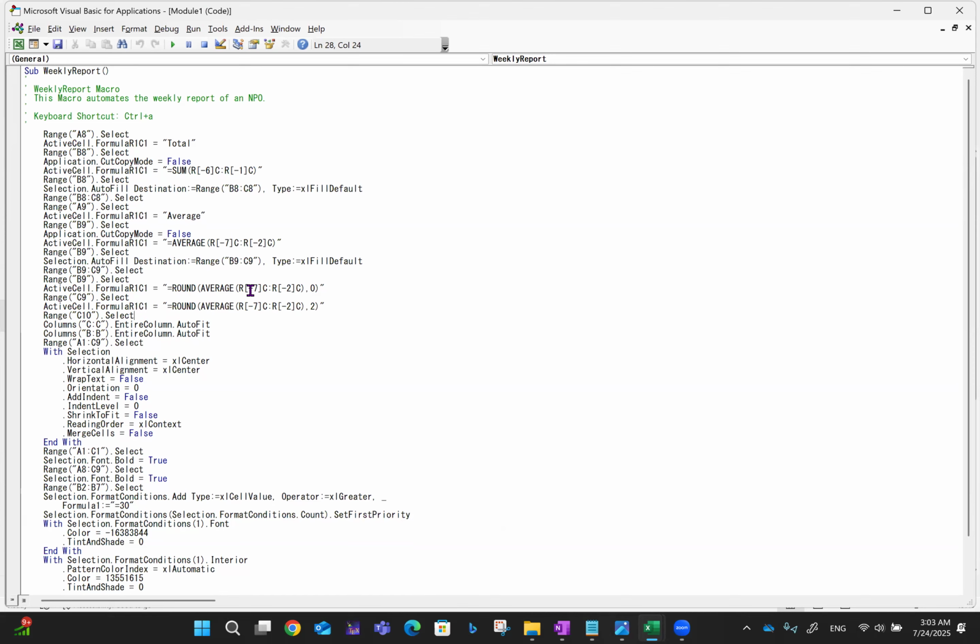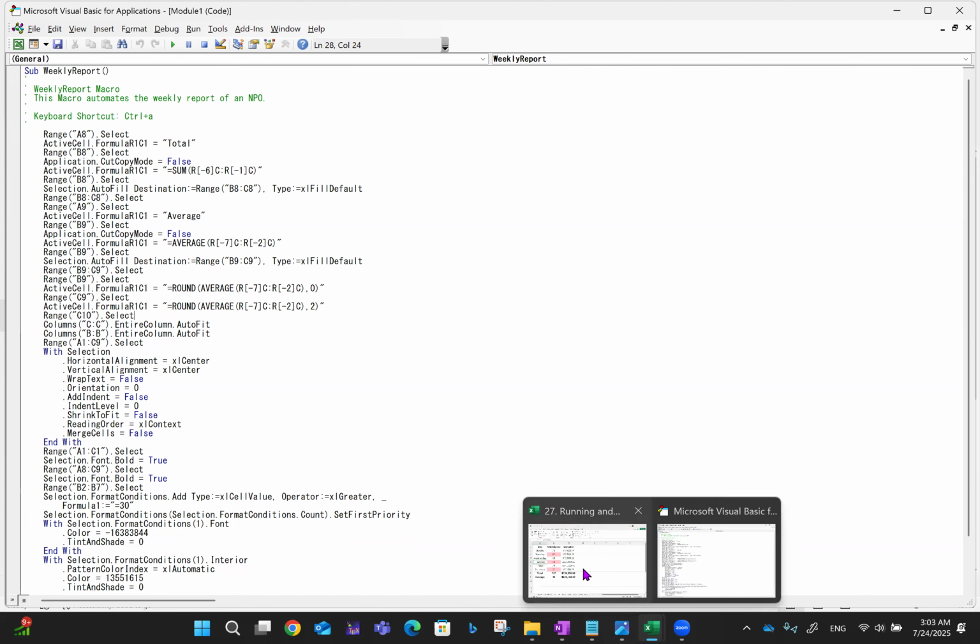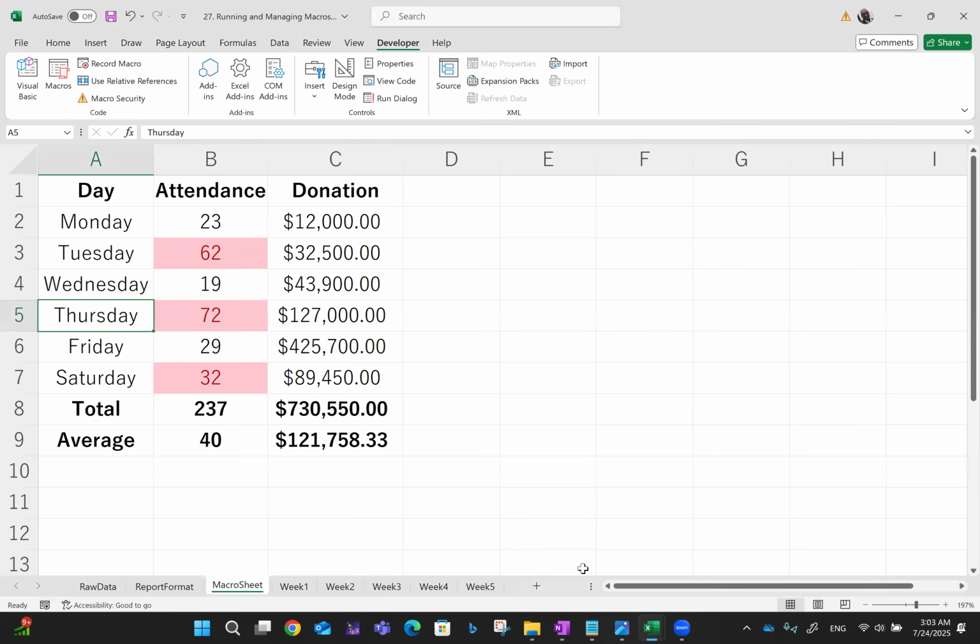And in summary, running and managing macros is essential, right? For leveraging the full automation potential of Excel. By learning how to execute, organize, and edit macros properly and applying security best practices, you can streamline workflows, eliminate repetitive tasks, and ensure safe usage across workbooks and users. So, if you need to use macros, all this guidance can make you more efficient. And of course, this is just to tidy up the whole